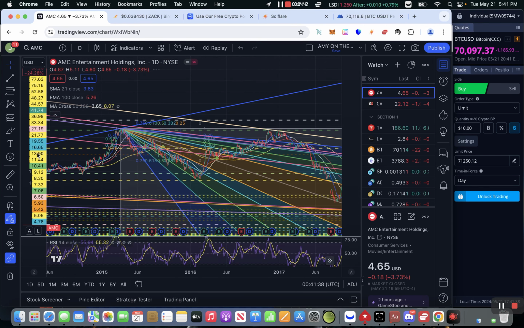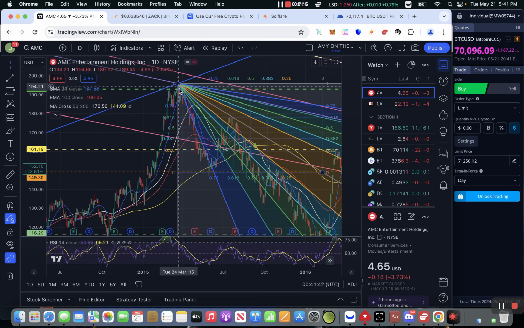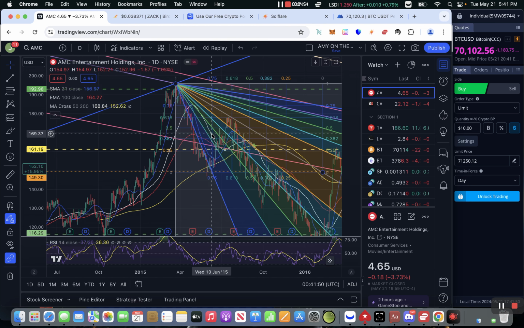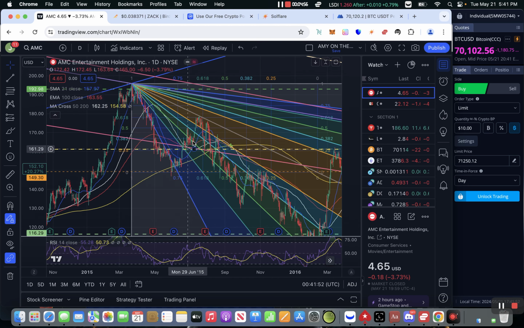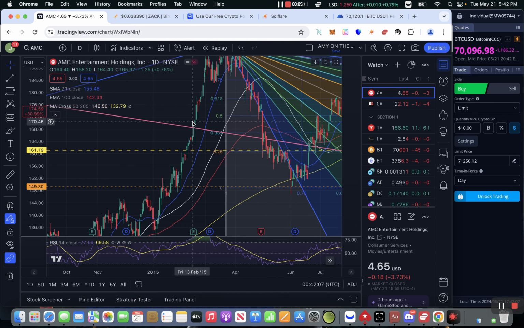So just looking at this, right? This is our first top of AMC, March 2015 distribution, and look at this. For me, this is kind of a big signal that I should put this in the middle, because after it tries to go up, it gets rejected. Okay, so let me zoom in a little bit more inside of this.